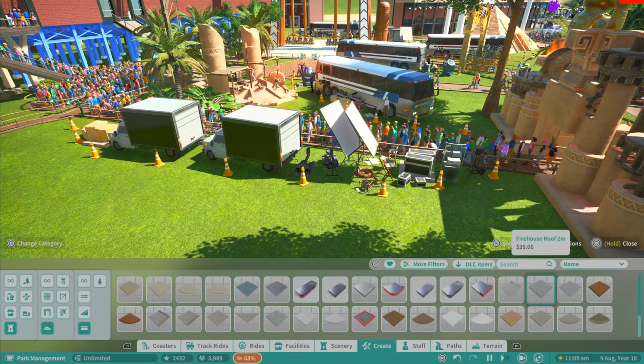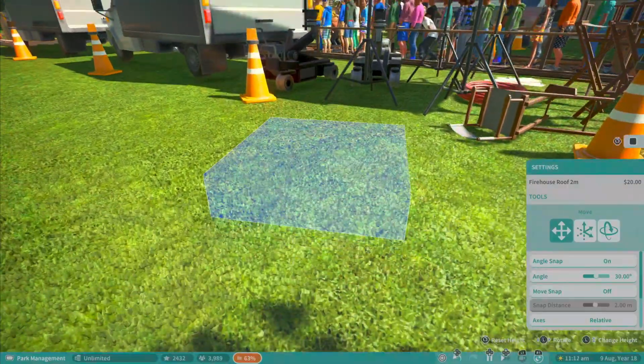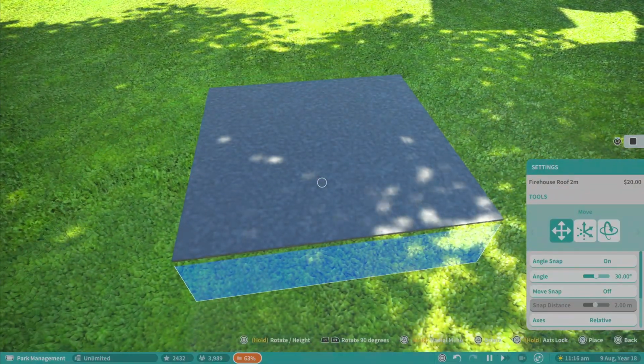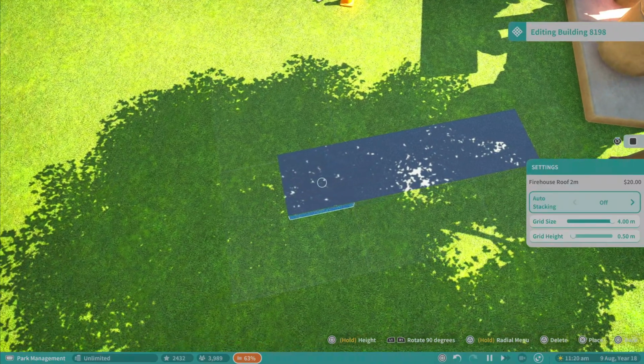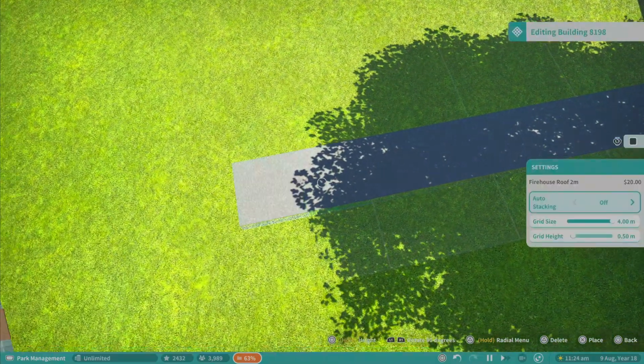What have we got? Is that the one? I've got the wrong camera mode. Yeah, that'd work. I think that'd work. So we've just dropped that to about there. And then, let's just do a quick line. And then...